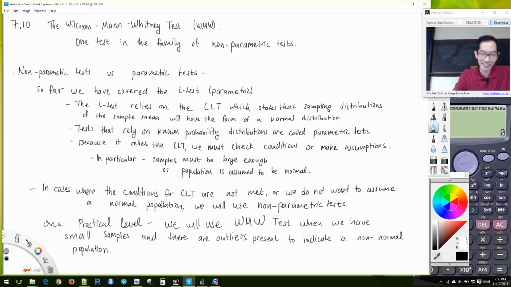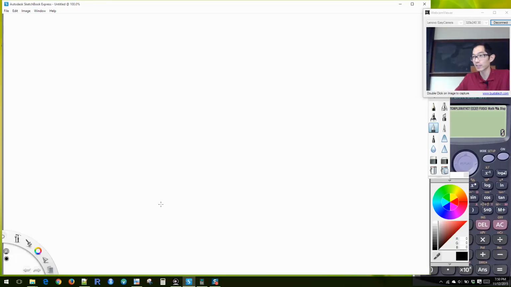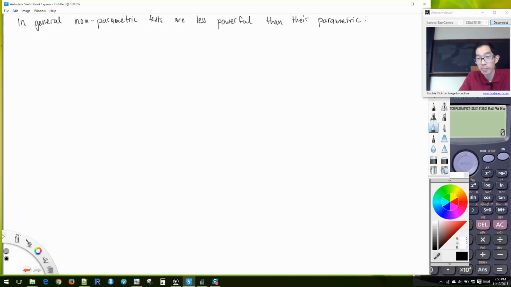Okay. So I'll flip to the next slide here, if that's okay. Or was anybody still writing? Okay, so I'll just say, in general, non-parametric tests are less powerful than their parametric